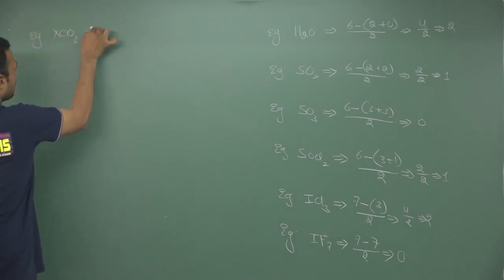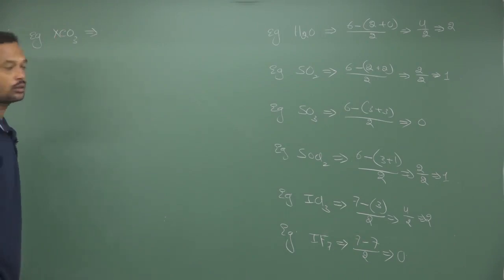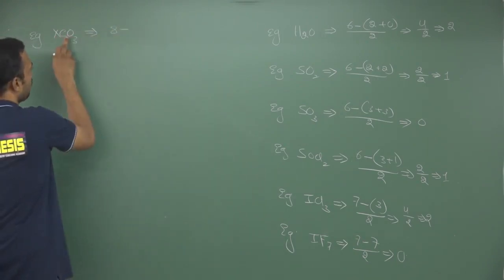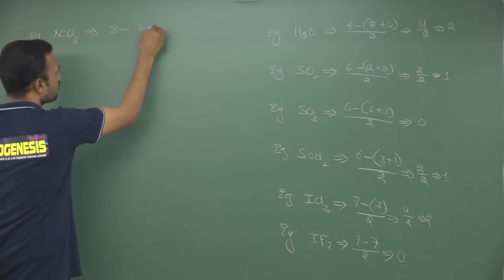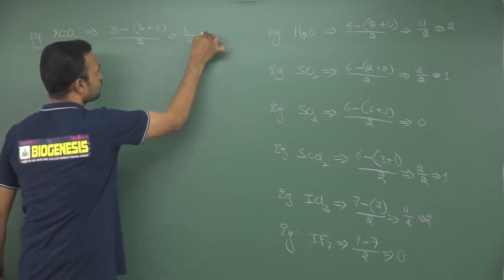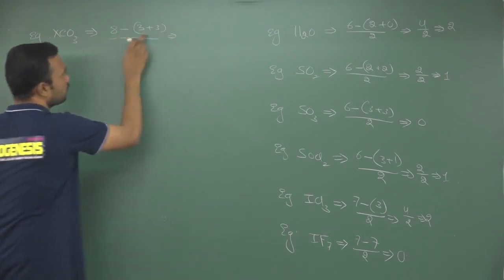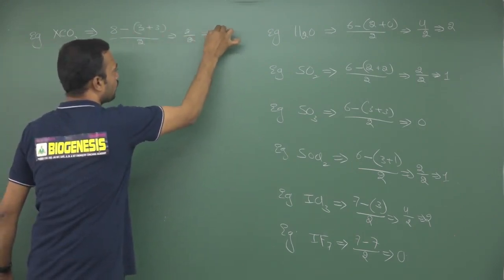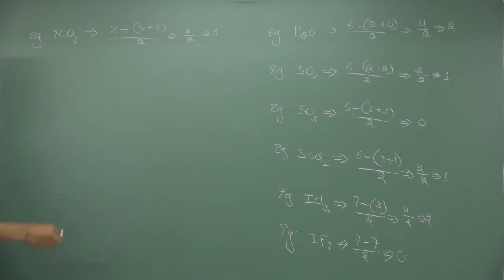So I am taking xenon trioxide. Xenon belongs to the 8th group element. Around xenon, 3 oxygens are present, so you may expect 3 sigma bonds and 3 pi bonds, divided by 2. Finally 6 by 2. So 8 minus 6, finally 2 by 2. Finally you will expect only 1 lone pair of electrons.